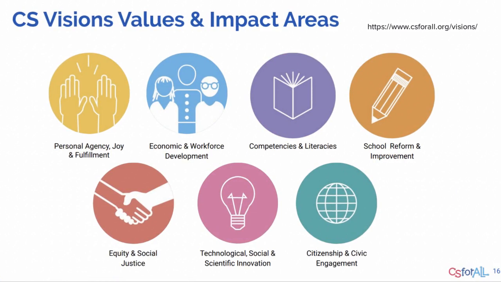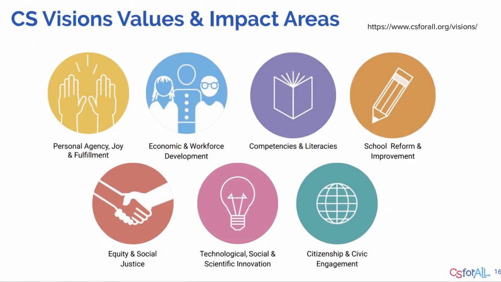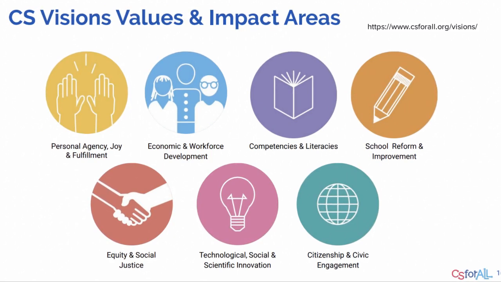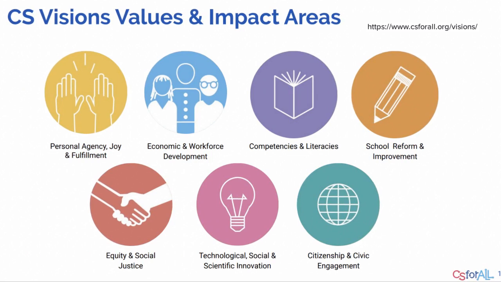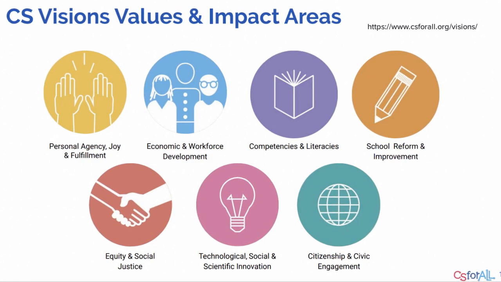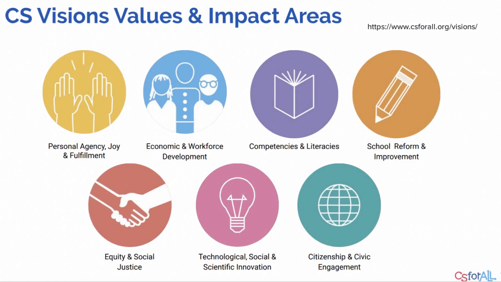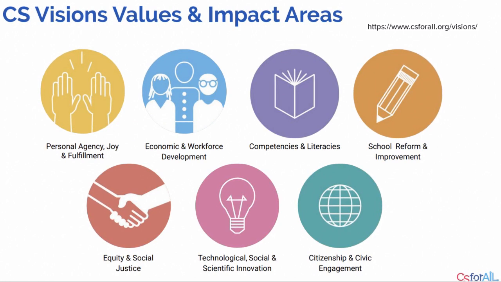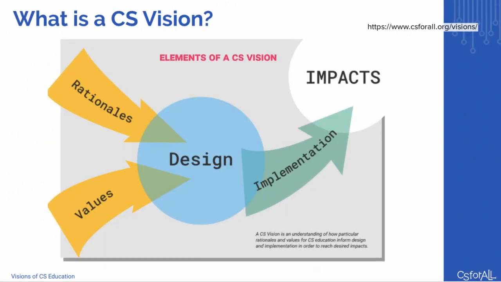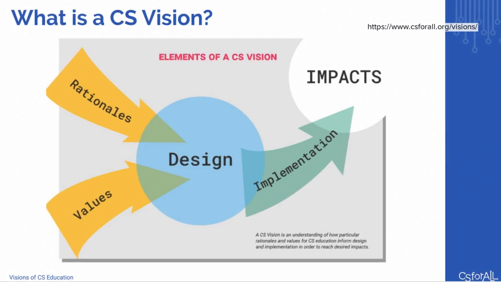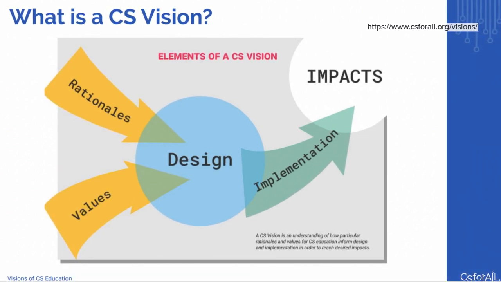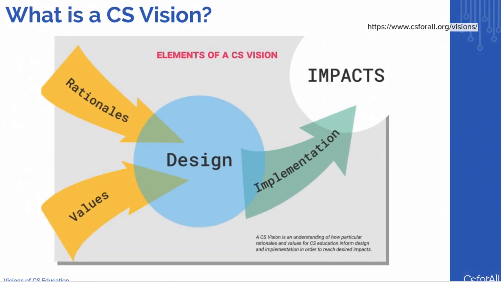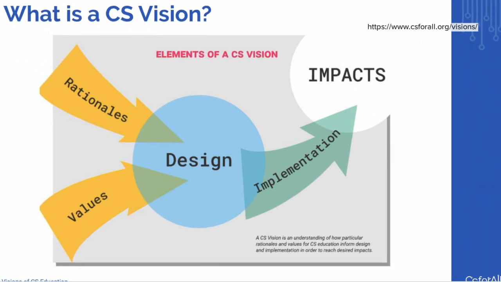Before we can determine how to help our students leverage computer science education as a tool for change, we should first situate ourselves as educators and our goals for implementing computer science ed. This snapshot comes from the CS for All website, where their team has developed a CS Visions activity to help establish our own why for computer science ed. You might take a minute to check out that activity before proceeding with this video. How might the CS visions you identified on the previous slide from CS for All partner together with some of the rationales that we'll present in this video in order to help you design and implement CS Ed programs that have maximum impact and relevance for our students?